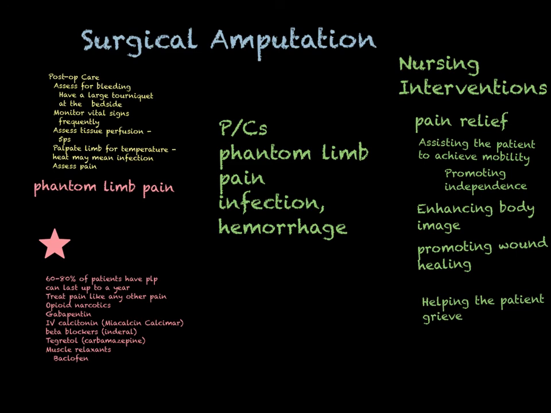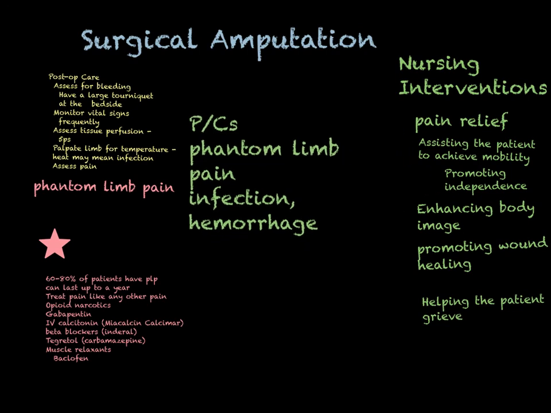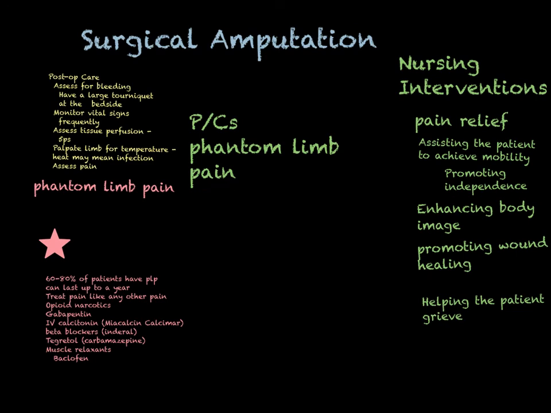Okay, we talked about phantom limb pain. People also have phantom limb sensation that isn't necessarily painful. And this can be problematic because they're relying on sensory input from an extremity that's not there anymore. So if they're trying to walk with a prosthesis, they're getting information that maybe will affect their balance and increase their risk of falling. So there's that. Of course, in the immediate postoperative period, you have the risk of infection, hemorrhage. Remember, a loose suture, if that's what was used for closure, can cause a massive hemorrhage. There are some major arteries that run down.